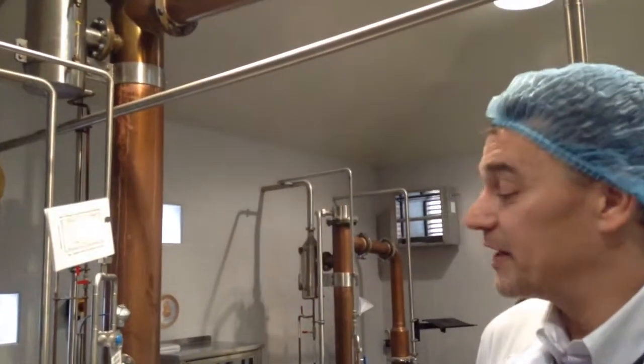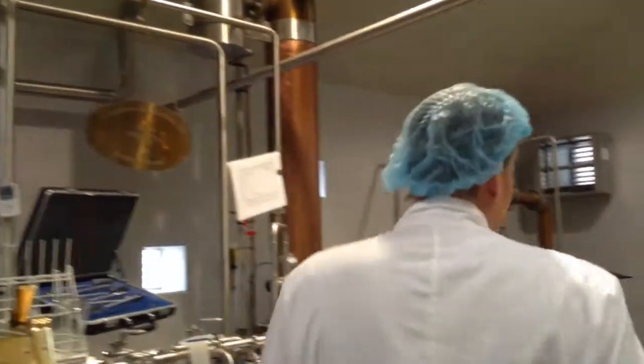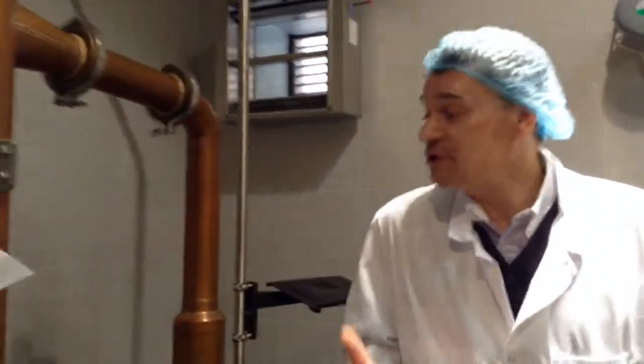So we actually divide that portion as well, and then we bring it over to maturation. So that's more or less how we do the raw spirit for the whiskey. Going over to when we actually do the likes of vodka, gins, and aquavit. Of course, when we do vodka, gins, and aquavit, we need to distill the spirit above, in European legislation, above